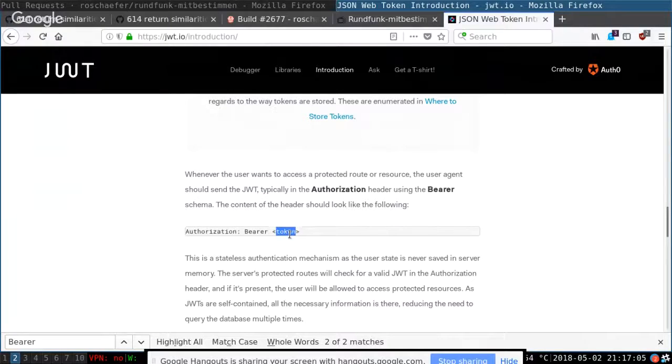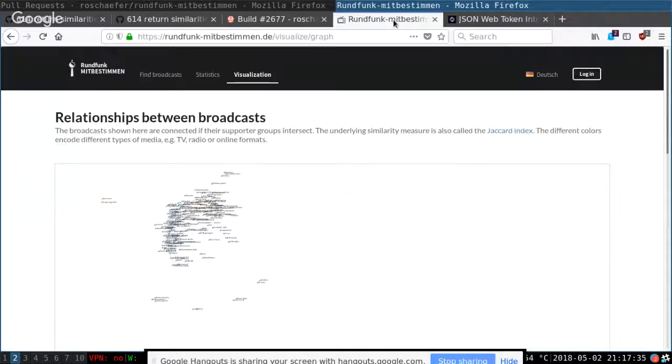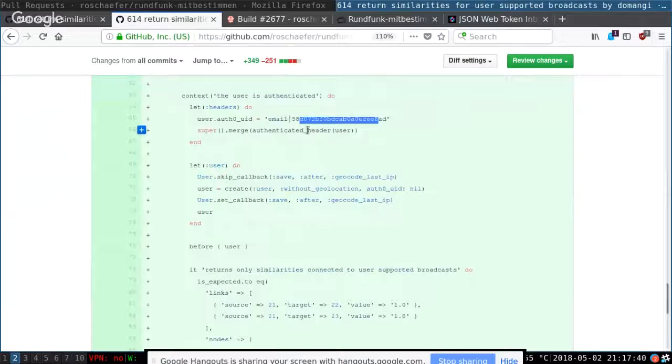This is the encrypted token. The backend will try to decrypt this token, and if it succeeds, it will return some user information, including the auth0 ID, the email, and I think the expiration date. Based on that, the backend is able to get the right user, like it does something like user find. So if you do this, then you hard code it here.